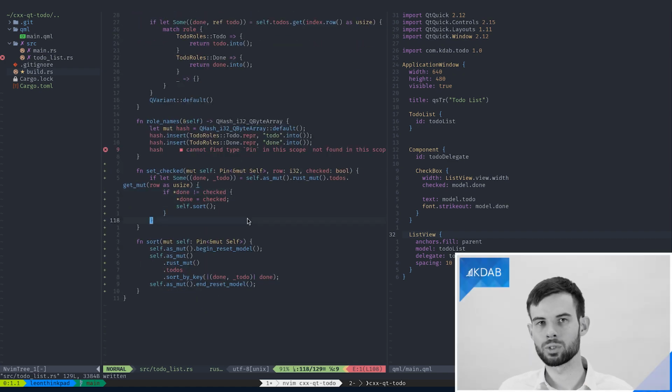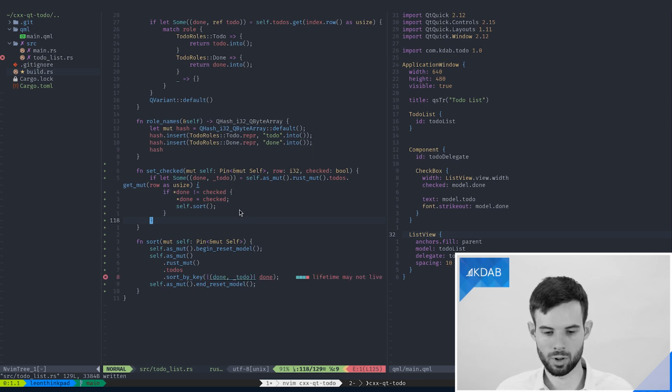And here we'll just use the sort by key function in order to sort our values, and this will then reset the data from our model.